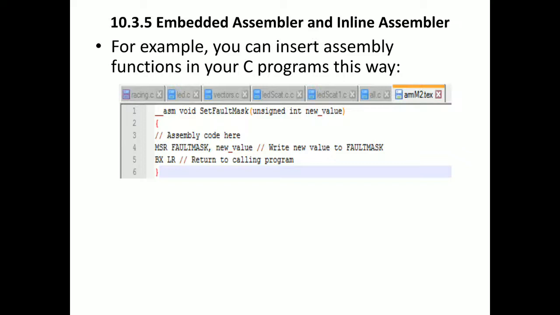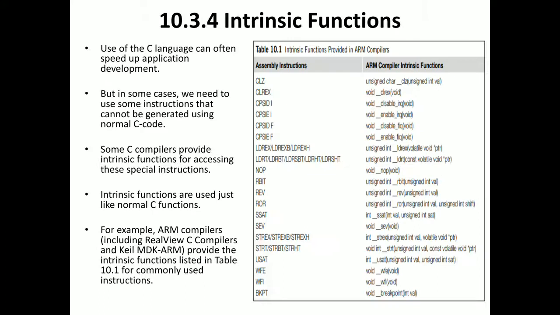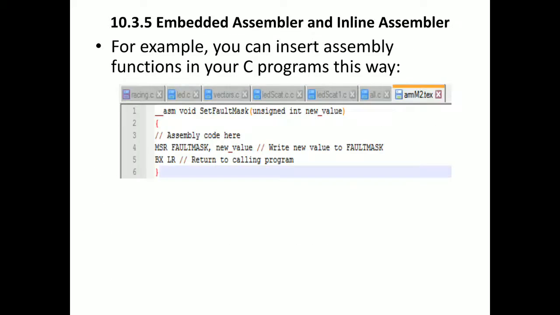The alternate approach: instead of using intrinsic functions, mentioning them one by one, like for the rotate operation, reverse operation, rotate right, unsigned saturation, and the enabling and disabling functions, we can directly include that assembly code inside the C program. This example shows the use of assembly language inside the C program. You can use assembly functions inside your C program only when you are executing the program using the ARM tool.